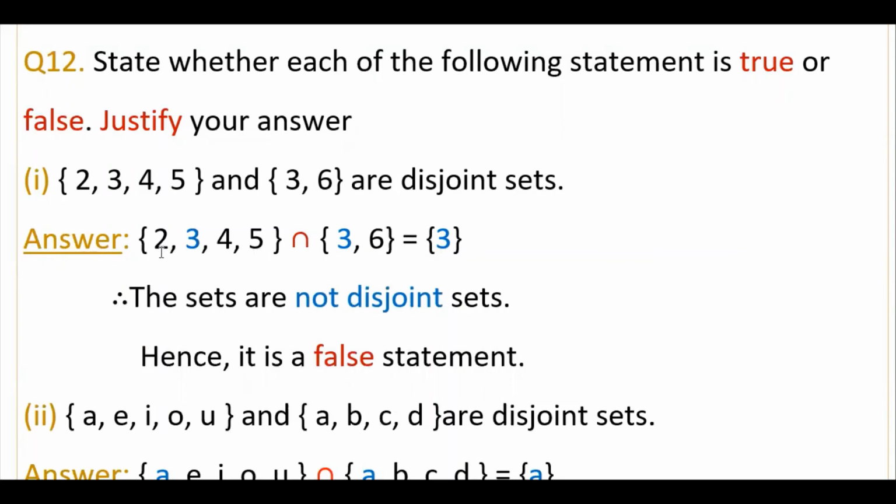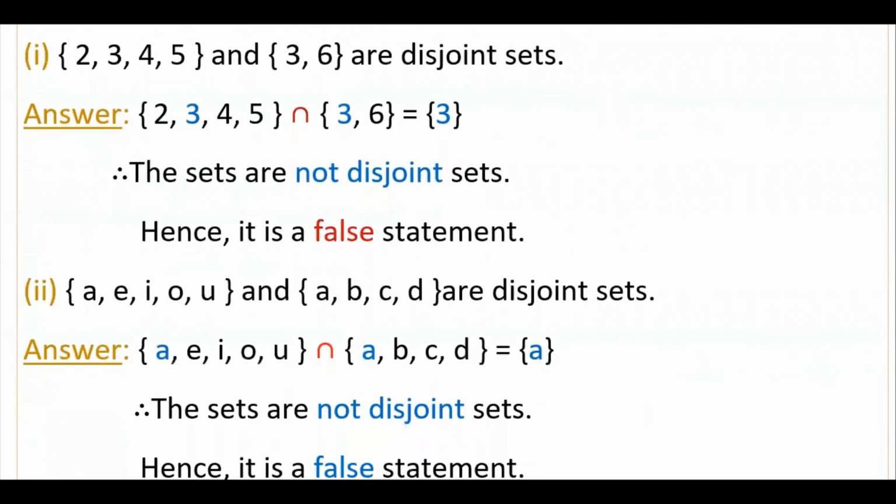So just check the first set here. The intersection of these two sets is equal to {3}. 3 is the common element. So we are not getting any empty set here. So the sets are not disjoint sets. So this is a false statement. And next one is,